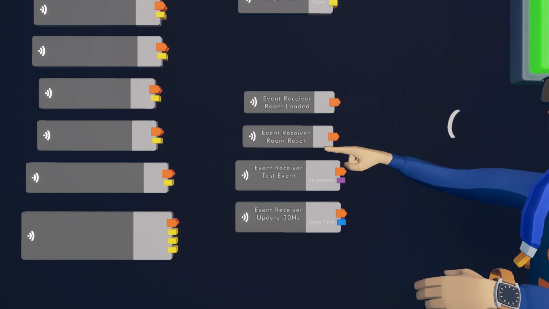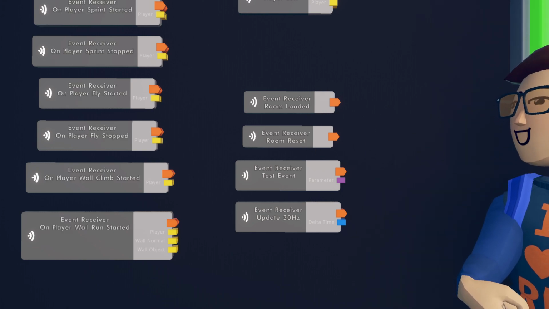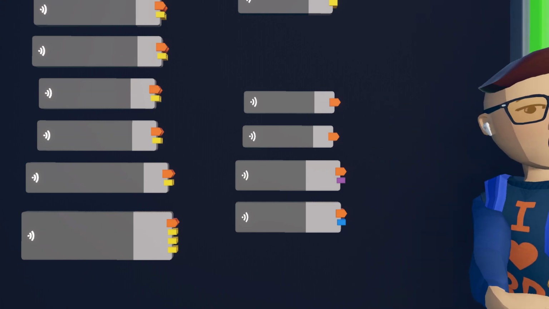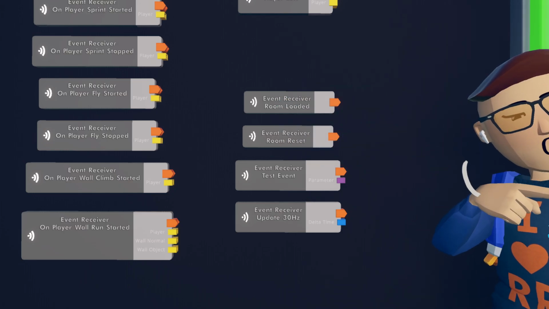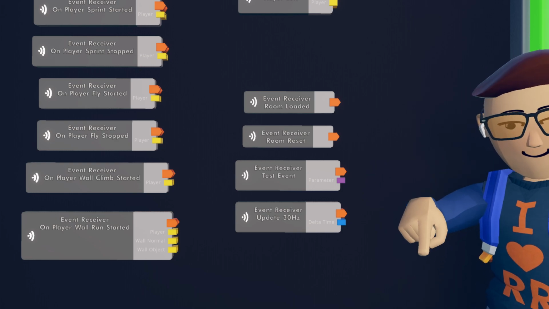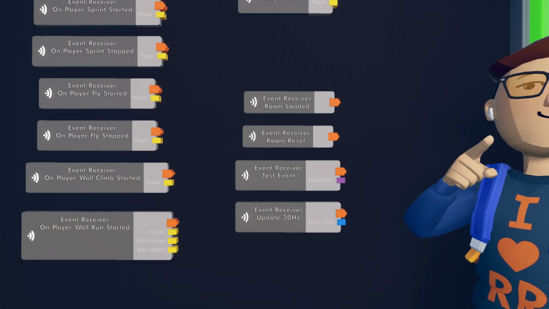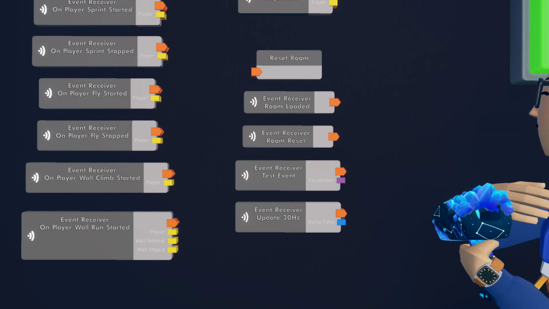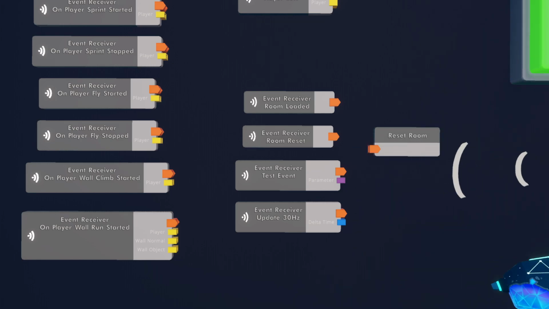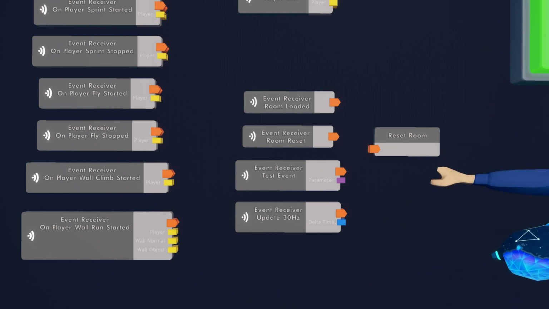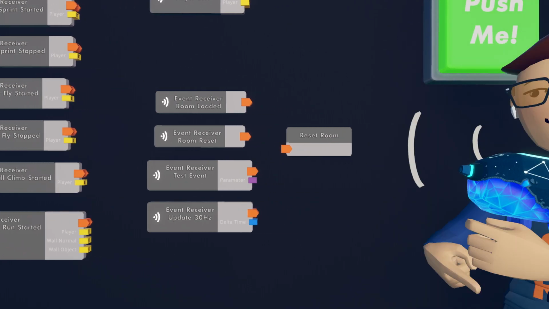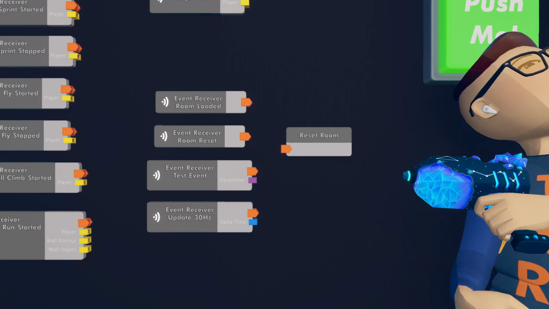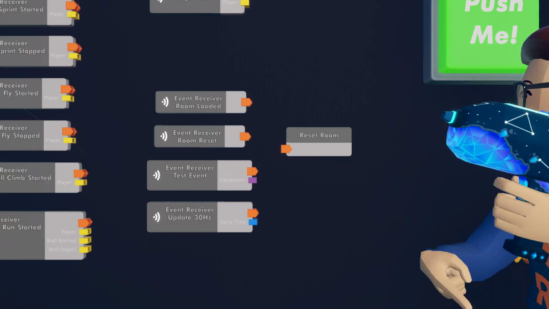There's also room reset. So similarly to room loaded, this will rerun if you do a room save. But more importantly, there is a reset room chip. Let me pull that out, that you can run that will actually manually do a reset. And this is what it looks like. You'll notice this is one of only 2 chips in the game to not have an execute output port. That's because as soon as you run this and you do a room reset, all the circuits stop and the room reset will run until it's completed.